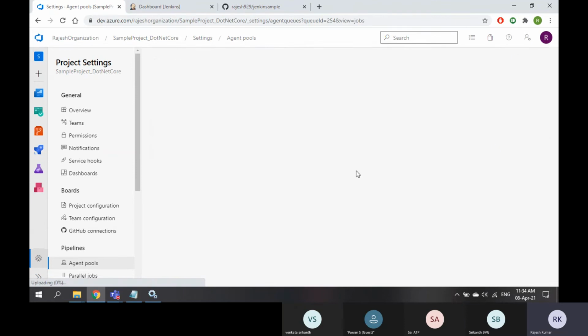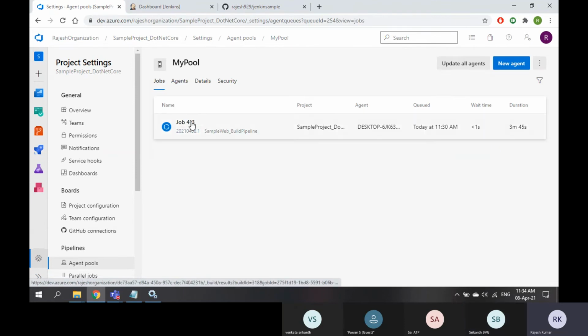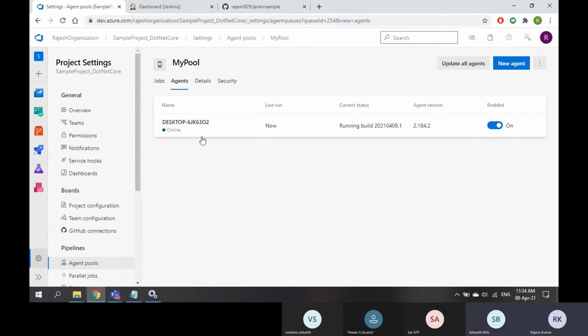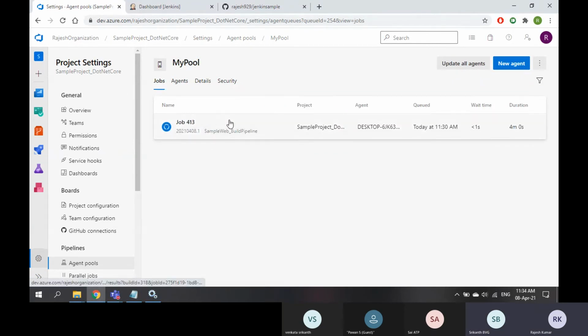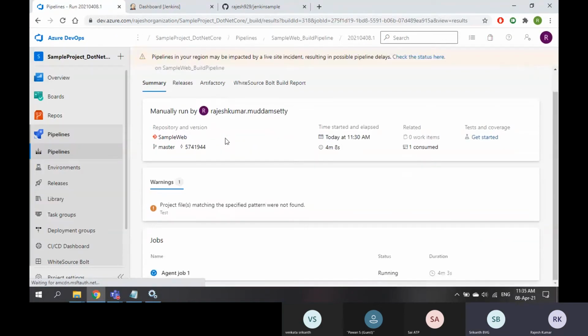If I open it, see, one job is running, and one agent. Now the status is running build. If you select this, it will go back to the build pipeline only.